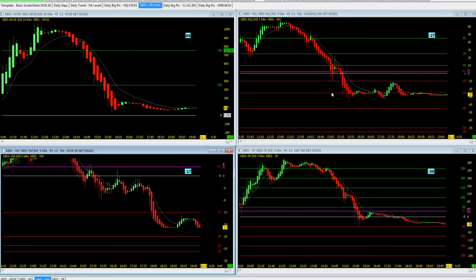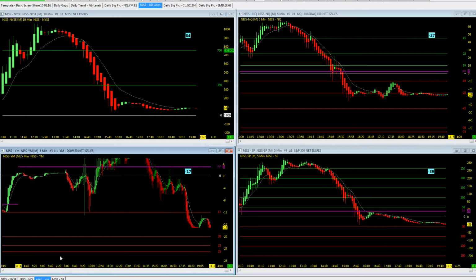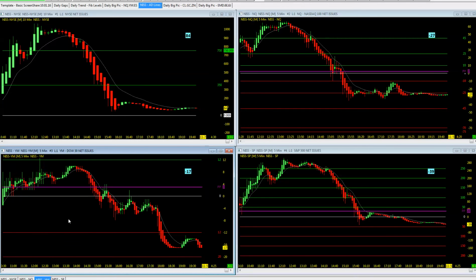Again, advancers and decliners, something I watch off screen. I sometimes don't have enough screen space, so you're watching another monitor. Again, you can see the similar price action both on the AD line, as you'll see on the range charts here. Price action in the morning lifts after a little bit of a chop and then drops throughout the session. A little bit of pause here at the pivot on the NQ as well as the ES, and pretty much just fizzled out the rest of the day.